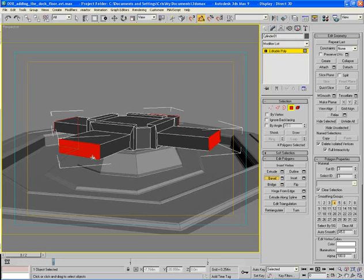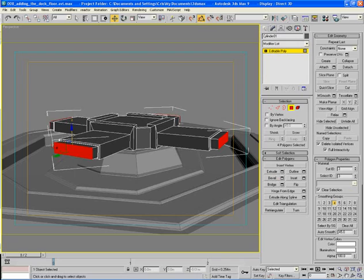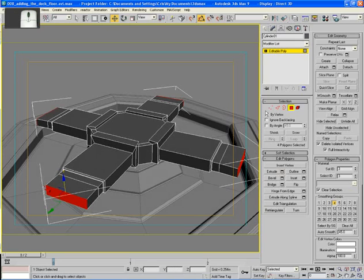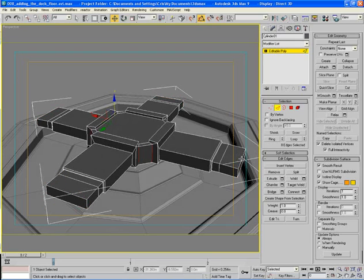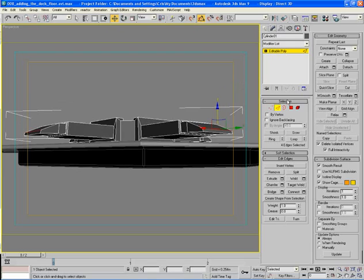Okay, go into bevel mode. Do this. Move these down again, just a little bit. And again, go around to select these tops. Like that. Okay, now